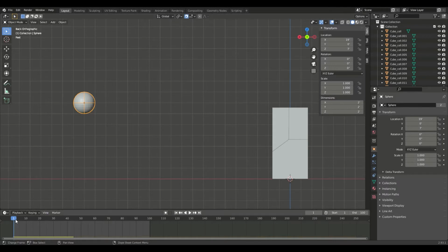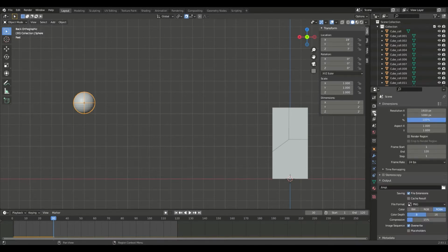And we are going to animate it with keyframes. If you want this ball to immediately hit, we're going to start doing keyframes here. But for me, I want there to be a little bit of a wait spot at the beginning. Let's put this at 120. And if you are rendering, you want to click on the output properties.